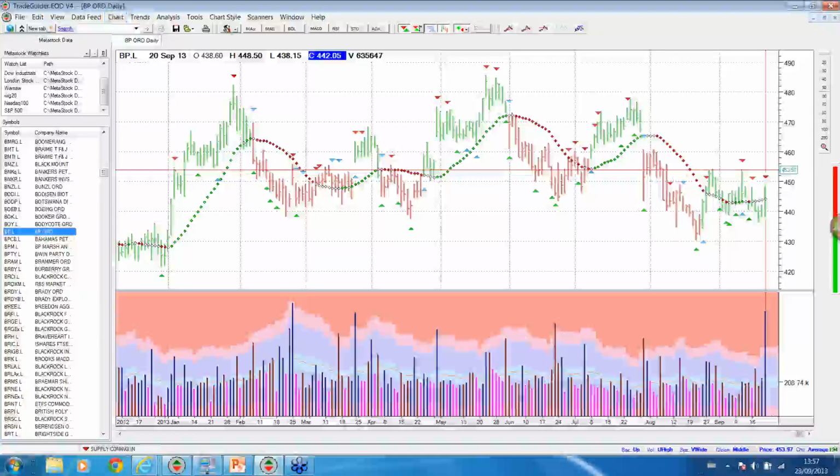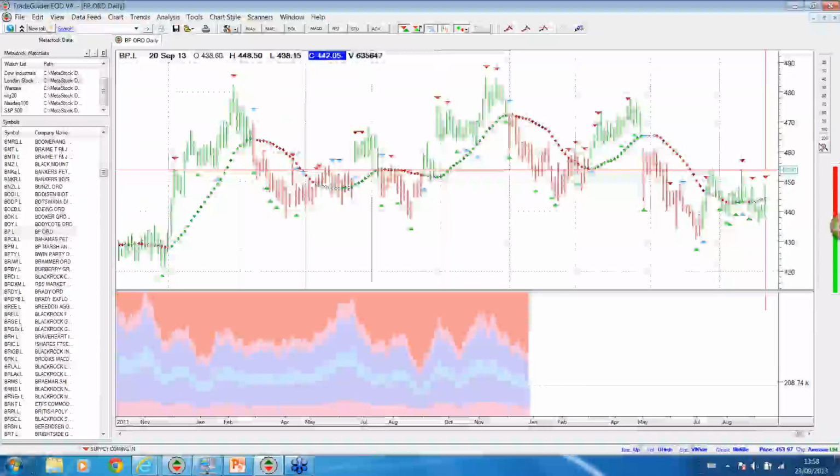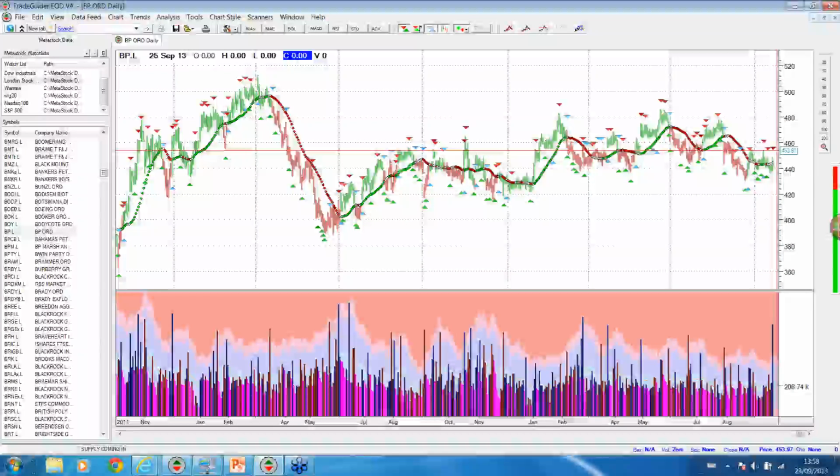Okay. Can everyone see my chart now of British Petroleum, BP? So I'm going to answer this question because Robert asked it, and it's a good question. When I look at background, how many bars do I go back? Well, I go back as far as the data will allow me, basically. Okay, this is BP. Now, if I convert this to weekly,